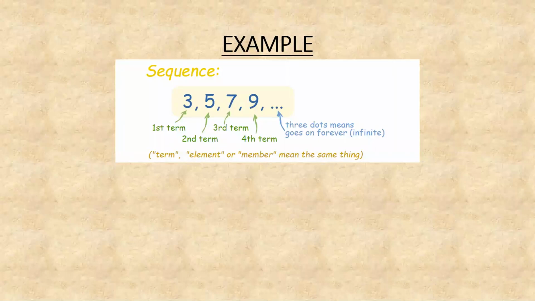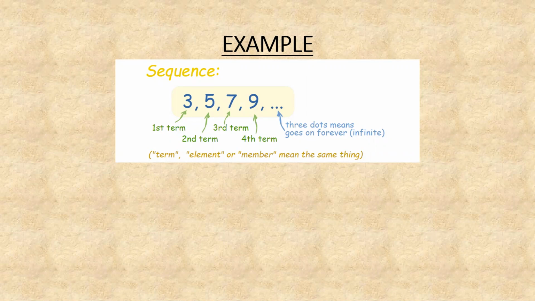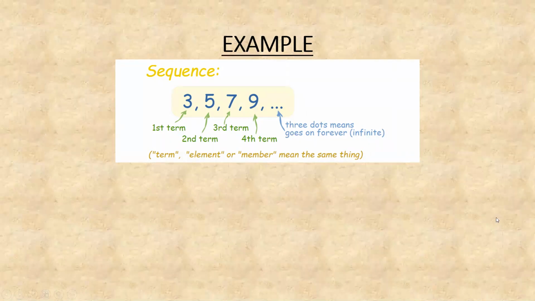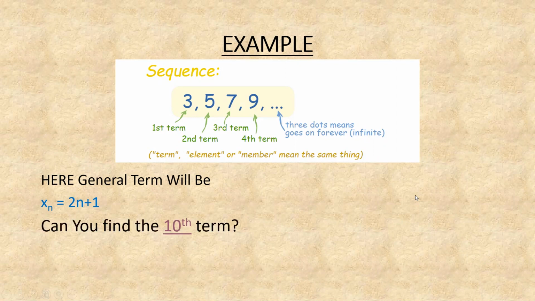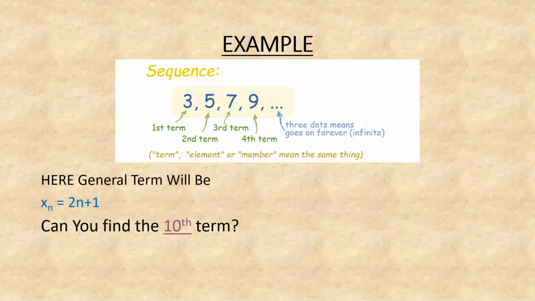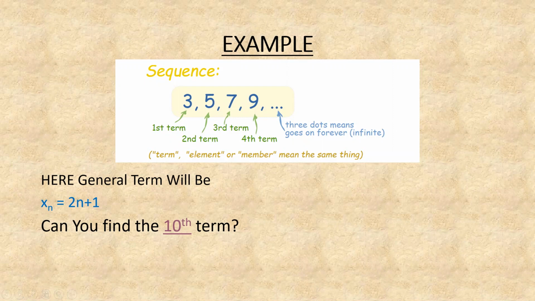Because see, when you had the last sequence, it was 2, 4, 6, 8. If we keep adding 1 to it, we will get 3, 5, 7, 9. So this is also the sequence of the odd numbers, and odd numbers are represented by 2n plus 1. This you all know. So general term will be 2n plus 1. So now if I ask you what is the 10th term, can you find out the 10th term now? 21. Correct, absolutely correct.